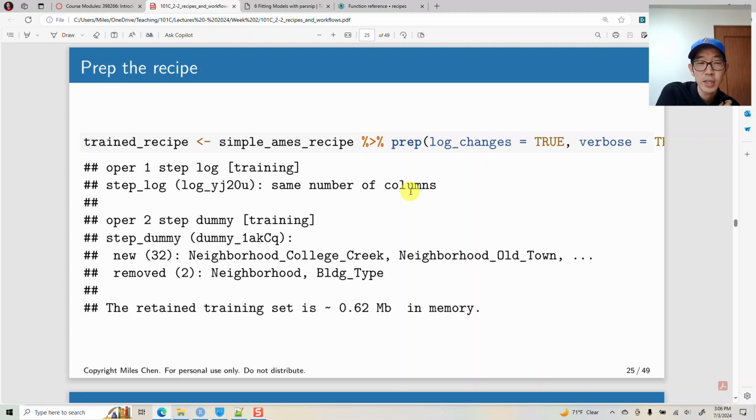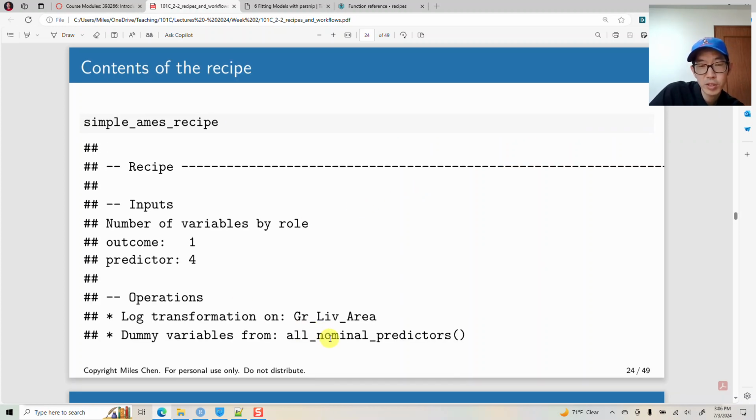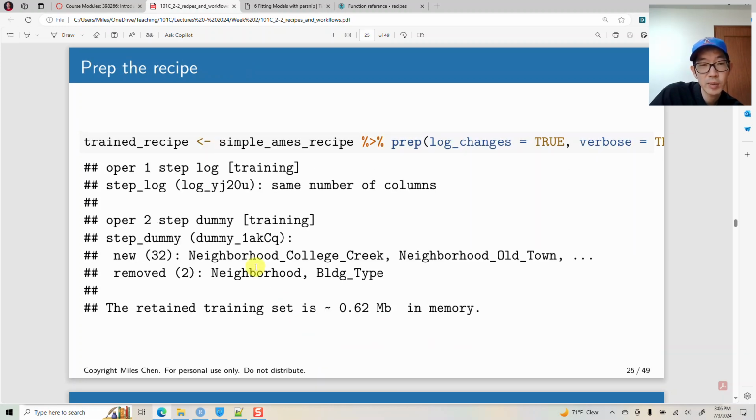All right, step number 2, we're going to create dummy variables from all nominal predictors, and it says I ended up creating 32 new dummy variables. We get a new variable, neighborhood College Creek, basically a 1 if the neighborhood is College Creek, a 0 if it's not. Then we have another variable, neighborhood Old Town, a 1 if it's Old Town, a 0 if it's not. And it does it for all of these. It created 32 new variables, and then it got rid of the original neighborhood variable and the original building type variable. So it says I added 32 variables and I removed 2